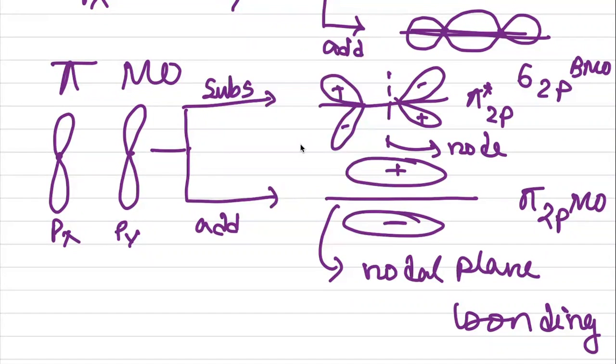Here, can you find the symmetry? If you see the internuclear axis, these are positive and negative. And if you see the internuclear axis over here also, positive, negative, negative, positive. Can you find symmetry over here in case of pi molecular orbital? No. No symmetry is available in case of pi molecular orbital. That means for sigma molecular orbital, symmetry will be available, but for pi molecular orbital, symmetry will not be available. Understood? Yes, ma'am.